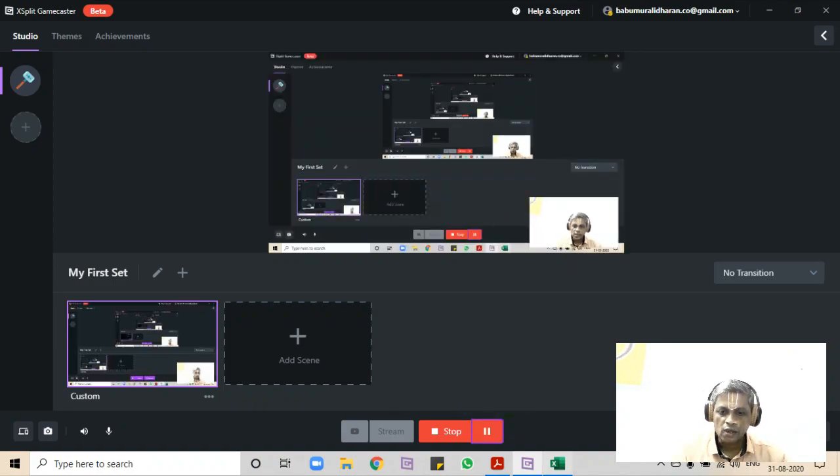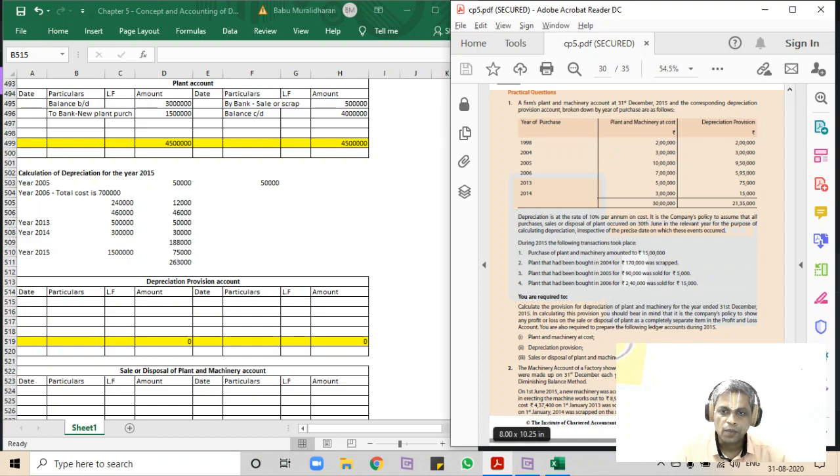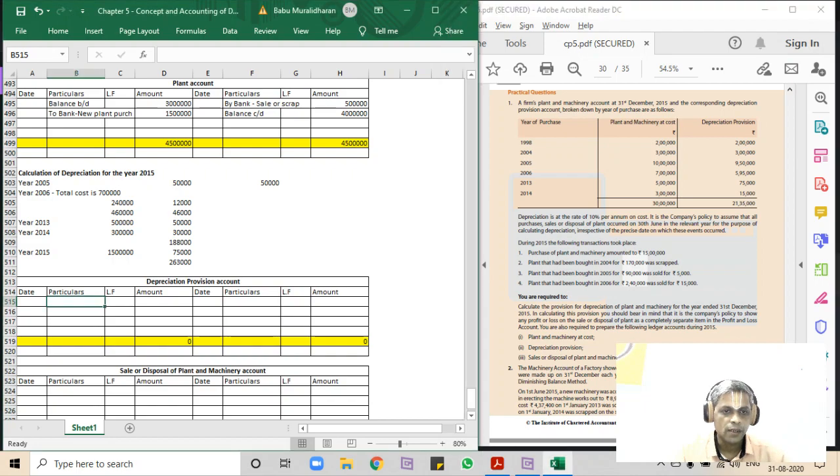Now let's calculate the depreciation provision account and also the sale or disposal of plant and machinery account. Those are the 2 other requirements, right? So let's put the depreciation into a formal mode. Balance brought down. Beginning balance of depreciation is 21 lakhs 35,000, right? 21 lakhs 35,000. That's what is given here in the problem. And we have assets that got sold